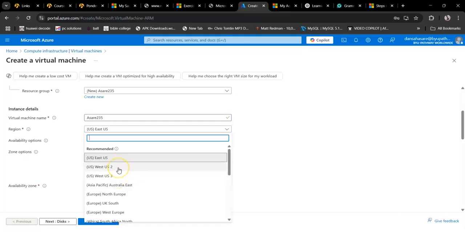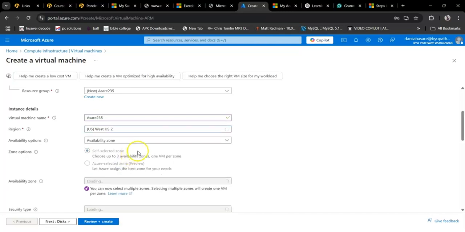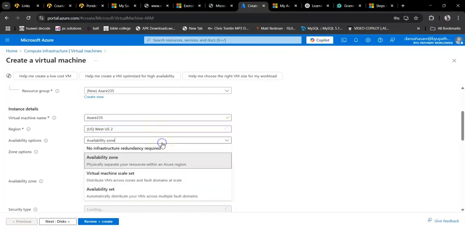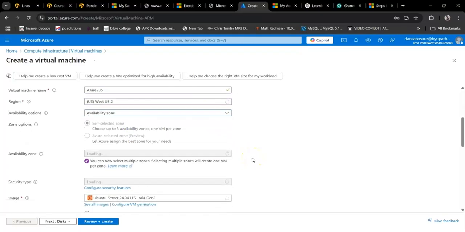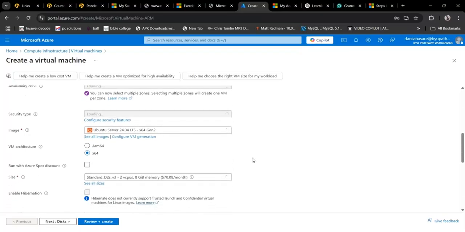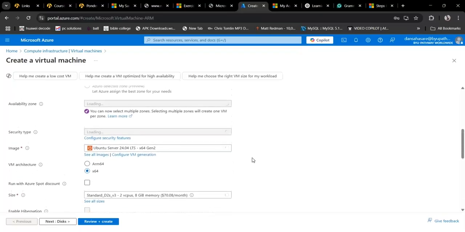I'm going to be using West US 2 for my region. I'm going to be setting that to West US 2. Availability zone, I'm going to leave it at the default, and I will scroll down to